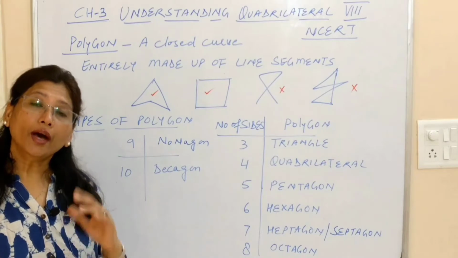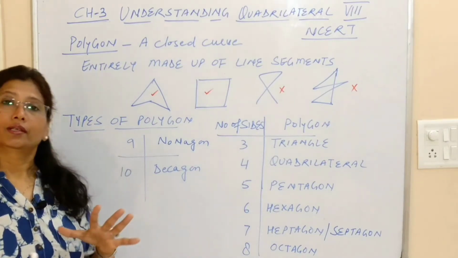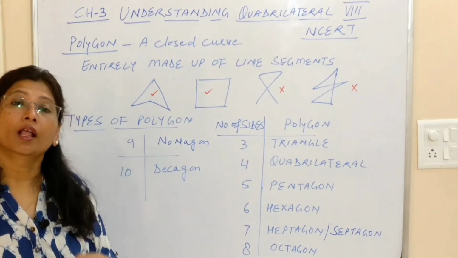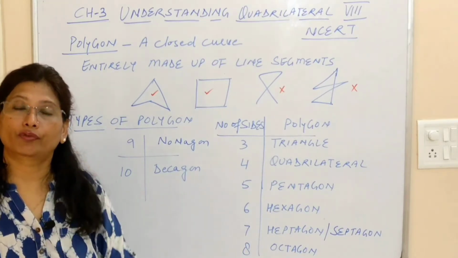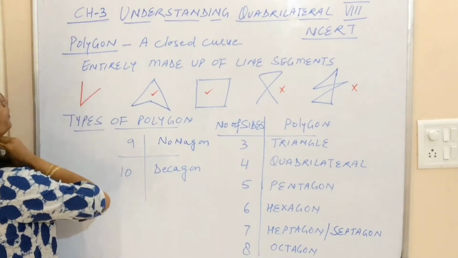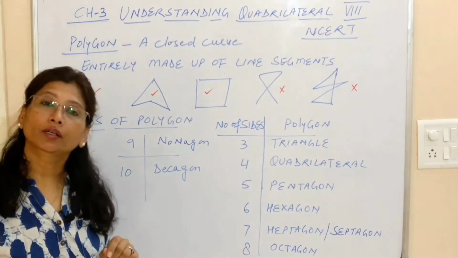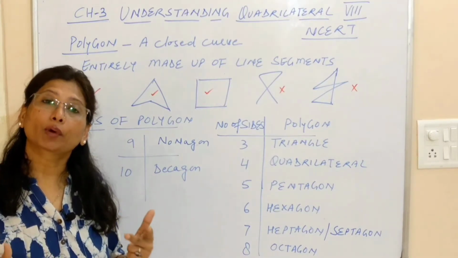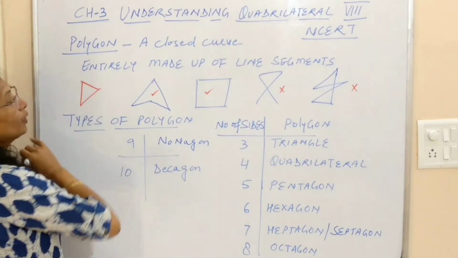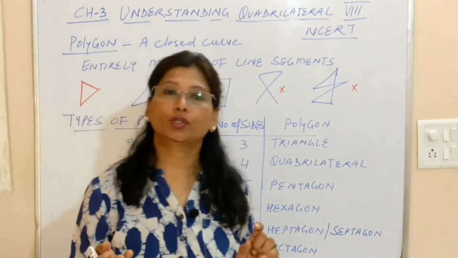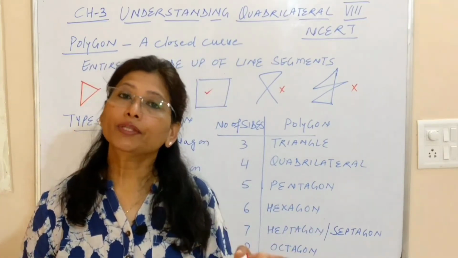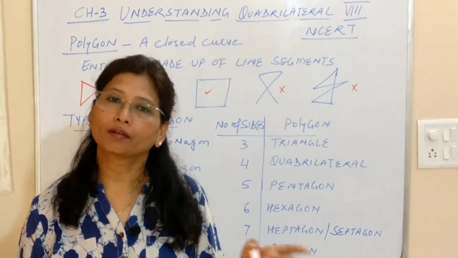Okay, now comes types of polygons. How many types of polygons are there, and which is the polygon with the least number of sides? So if you see, if I make 2 sides, okay, 2 sides हमने बना ली, तो 2 sides तो close ही नहीं हो रही हैं. So इसका मतलब है we cannot have a polygon with 2 sides. Okay, so if I make one more side, like this is one more side, we have 3 sides here. So these 3 sides are what? They form a triangle.